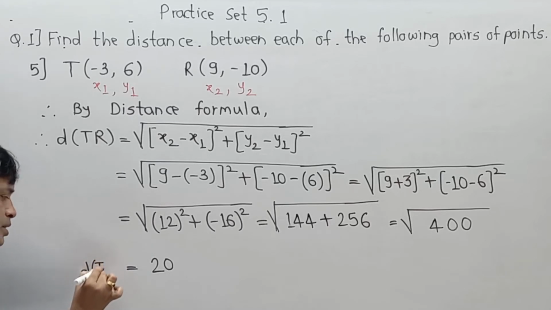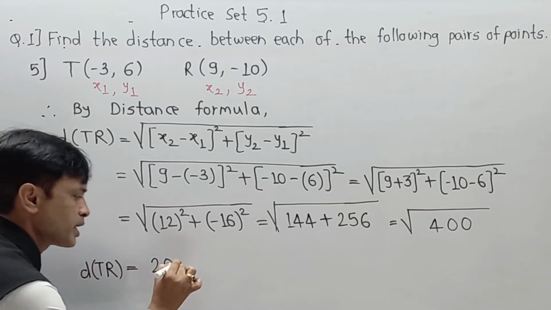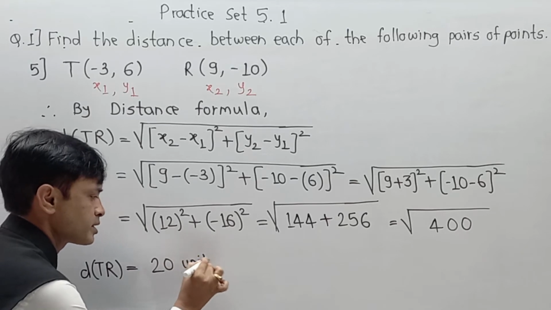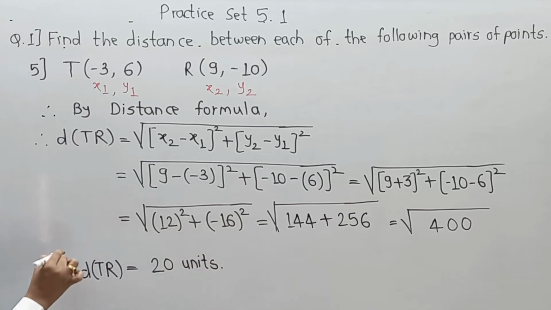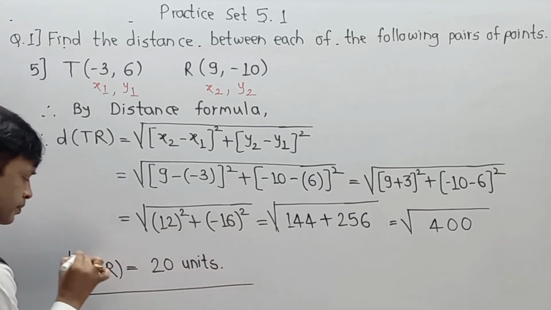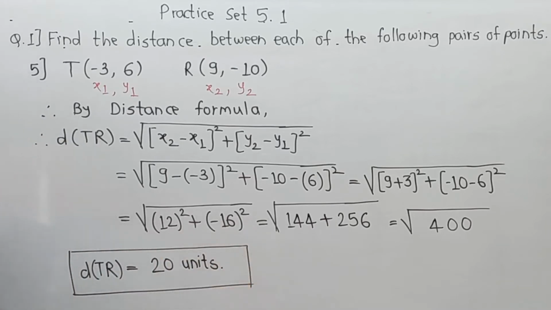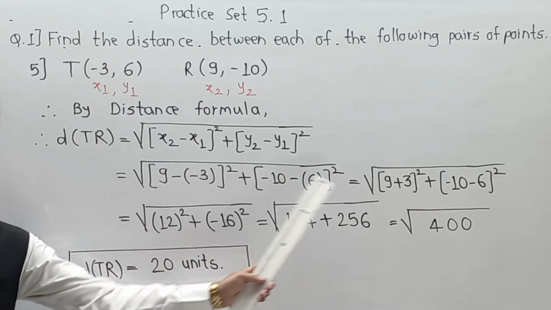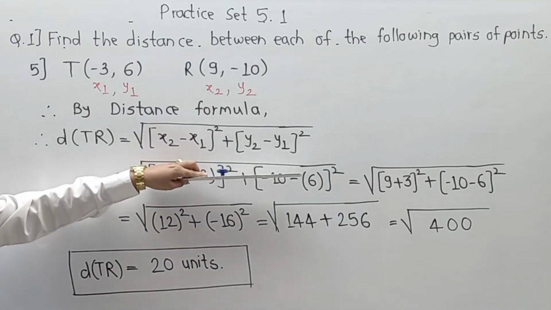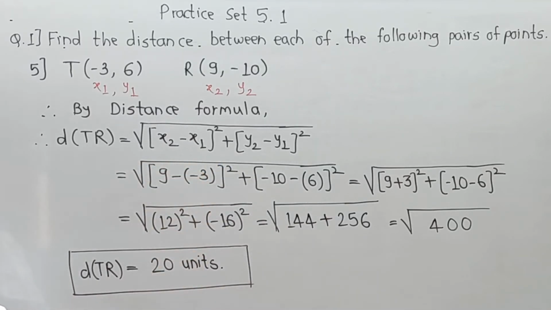So here it becomes distance TR, and we don't know exactly its units, so we are writing it as units, and in this way we are able to calculate distance TR, and that is nothing but 20 units. And in this way you can solve this numerical systematically. Once again I am going to write some steps connected to each other, but during the solution you should write exactly one below the other, so it looks very systematic.